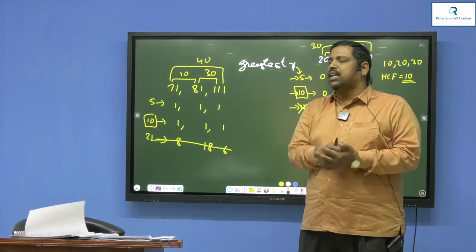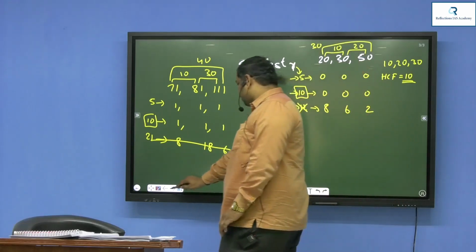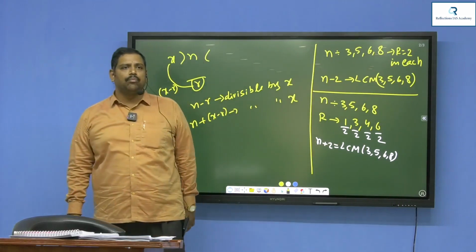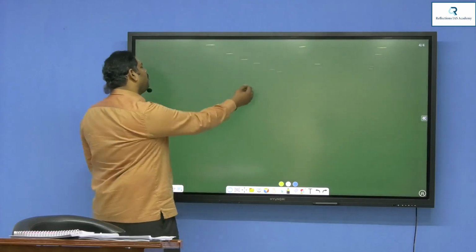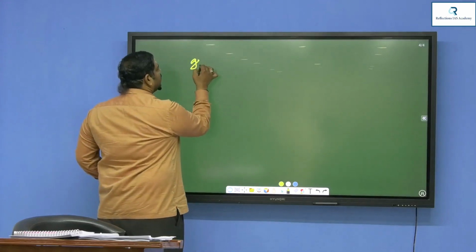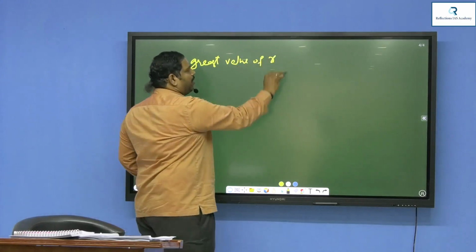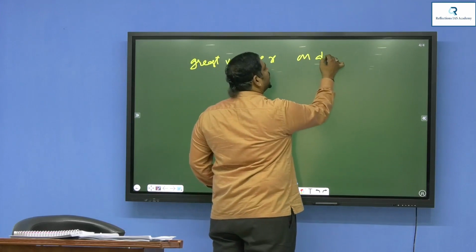Suppose we specify the remainder as well. We have already seen a question like that. Observe that in each case you will get a remainder of 2. Yes or no? Okay, now I am giving a small change. Observe: find the greatest value of x such that